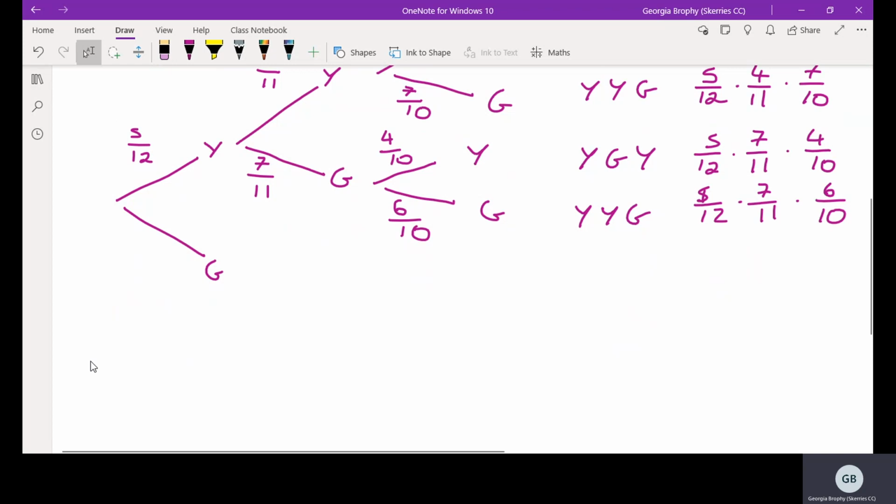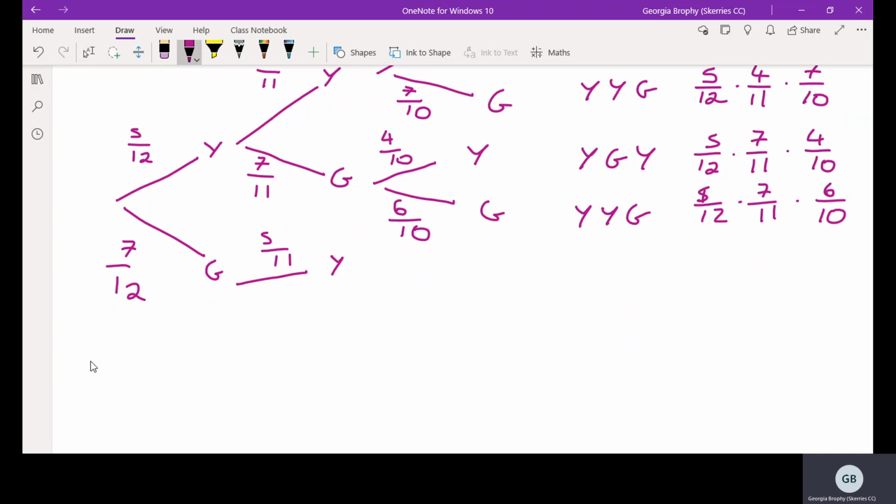Okay, let's remind ourselves we have 5 yellow and 7 green. So for our first choice here, the probability of choosing green was 7 over 12, followed by choosing yellow. And the probability there was 5 over 11, because we've already chosen a green, so we have 11 left in total, but we still have